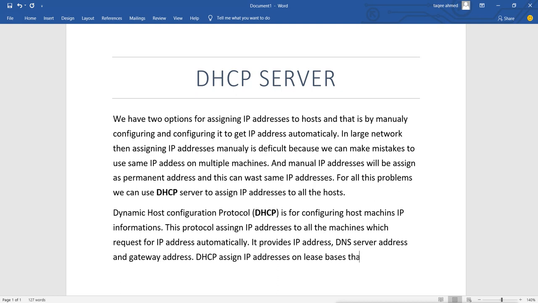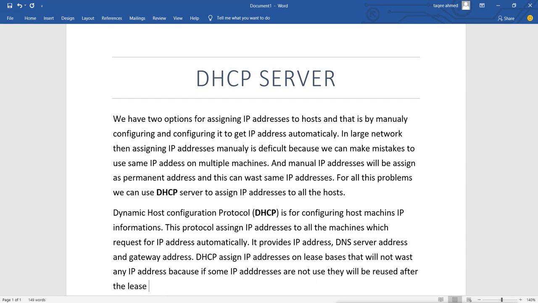So on lease basis, it will not waste any IP address, because if some IP addresses are not in use, they will be reused after the lease period.